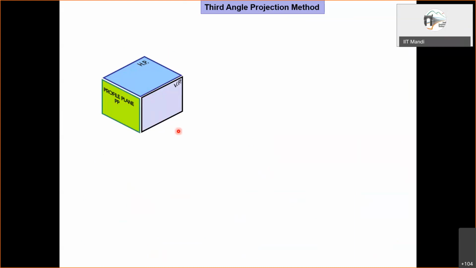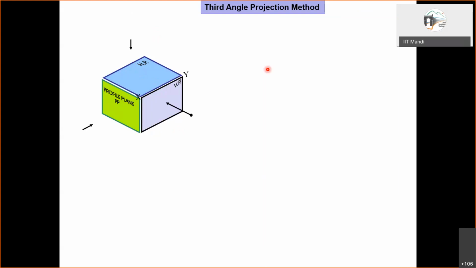Now we look in the same direction as we have been doing for obtaining the projection, right? And again, for this case as well, when the front view is obtained on the vertical plane, it is kept at the same location, but the top view and side view will actually be obtained in the same plane as that of the vertical plane. And for this, we rotate the relevant plane. So the top view will be obtained in the horizontal plane. So the horizontal plane will now have to be rotated and aligned with this. So it will go above.